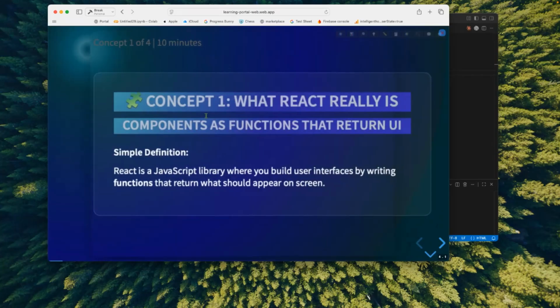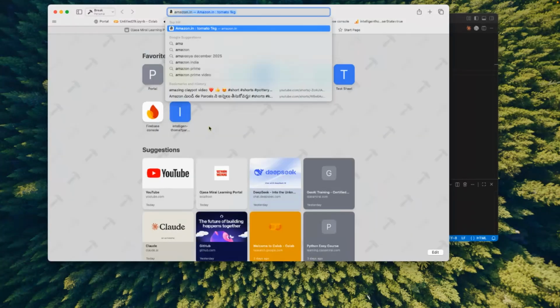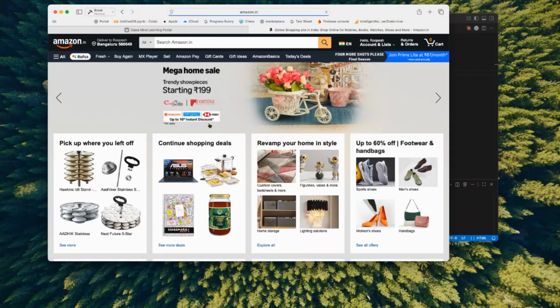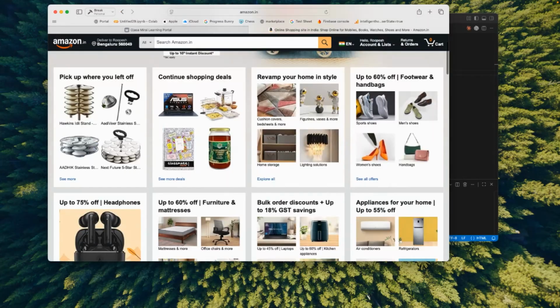First, let us actually understand what React is. React will create components. It will create components as functions. For example, if you open your favorite thing, see, guys, you look at this. There are things like this. For example,